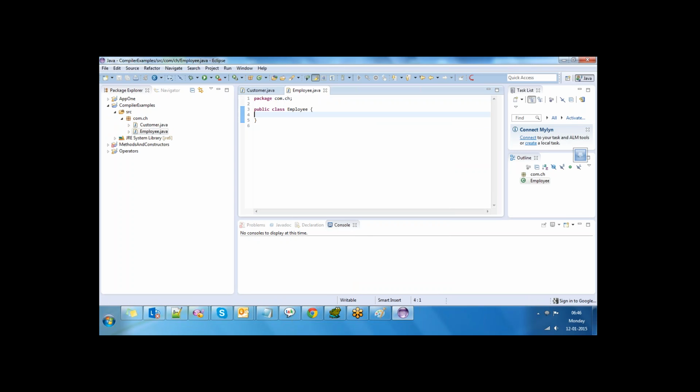In the Employee class, I have two variables, A and B. In this Employee class, I have a method, getEmp.